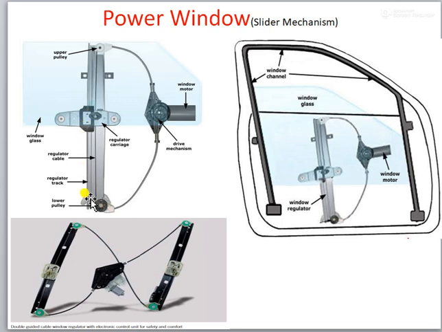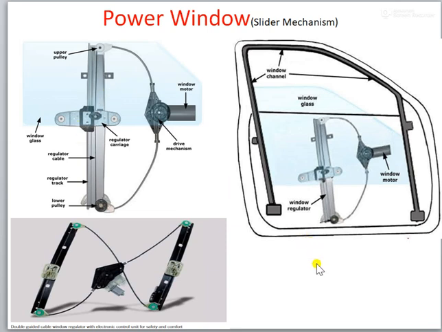With the unwinding and winding movement of this rope, the regulator carriage will move up and down on the track. Consequently, the window glass also moves upward and downward. So this is a track, on which our regulator carriage is sliding upward and downward, and with the help of this rope, it is pulled upward and let down on the track. It's just like a lift, what we have in the case of a lift. In the same way it takes place.